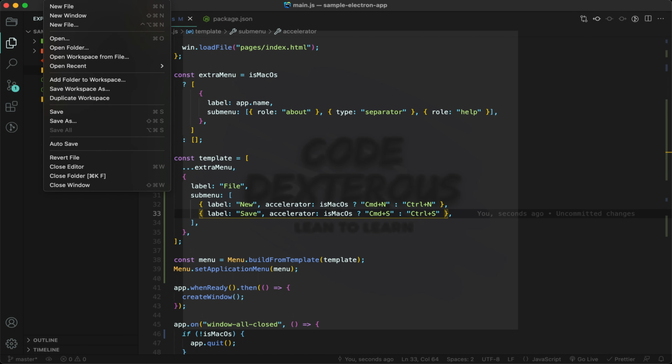So you can see new file, and to save we have Command S.